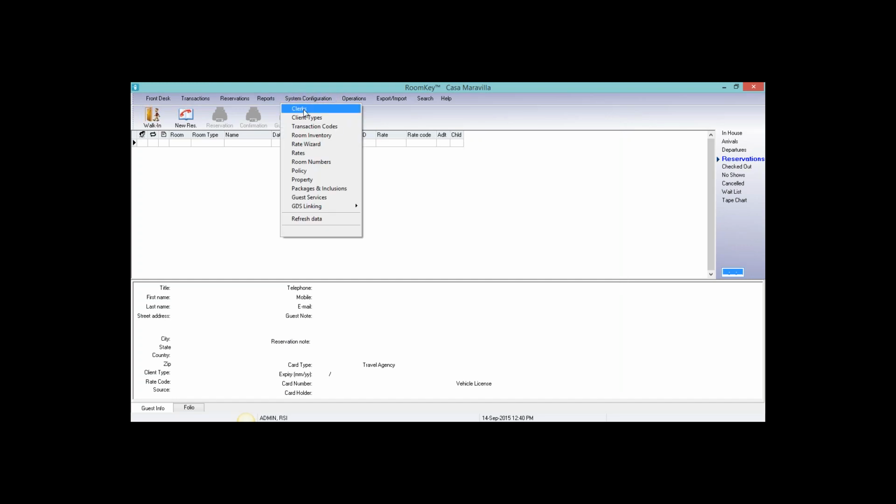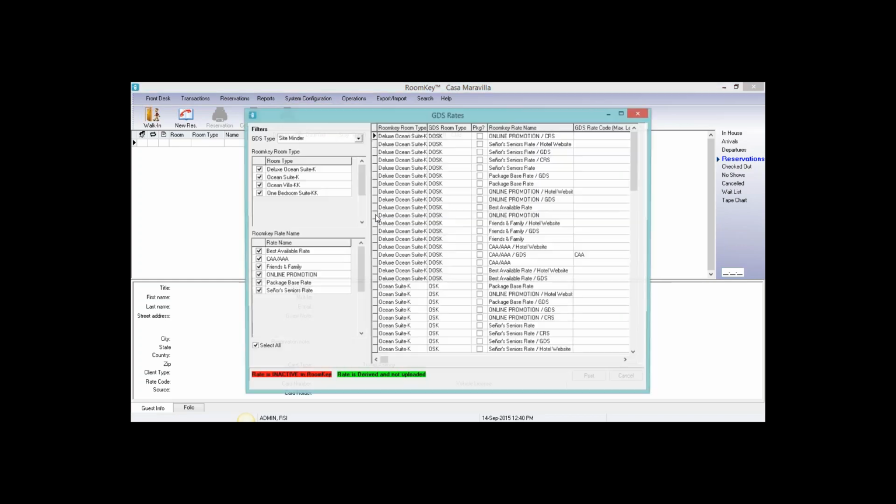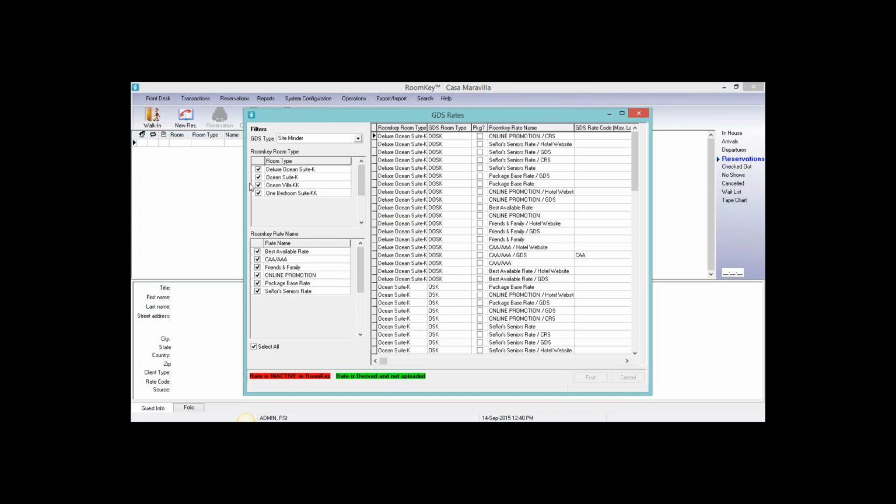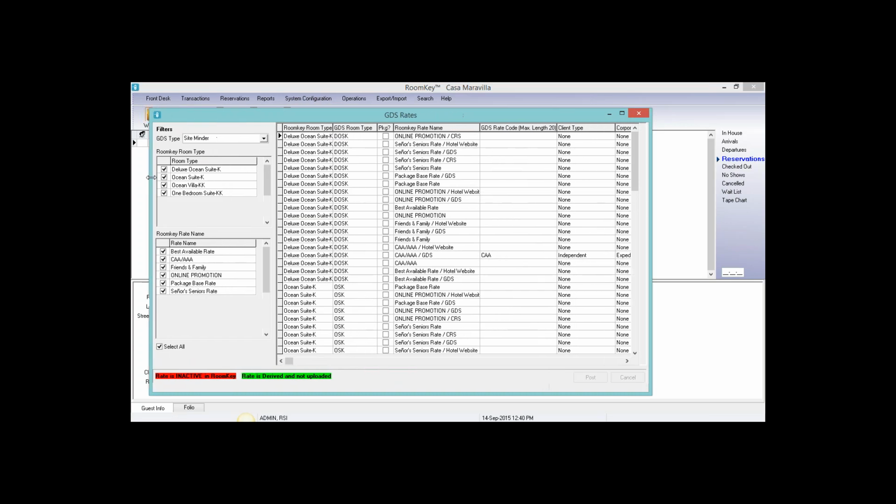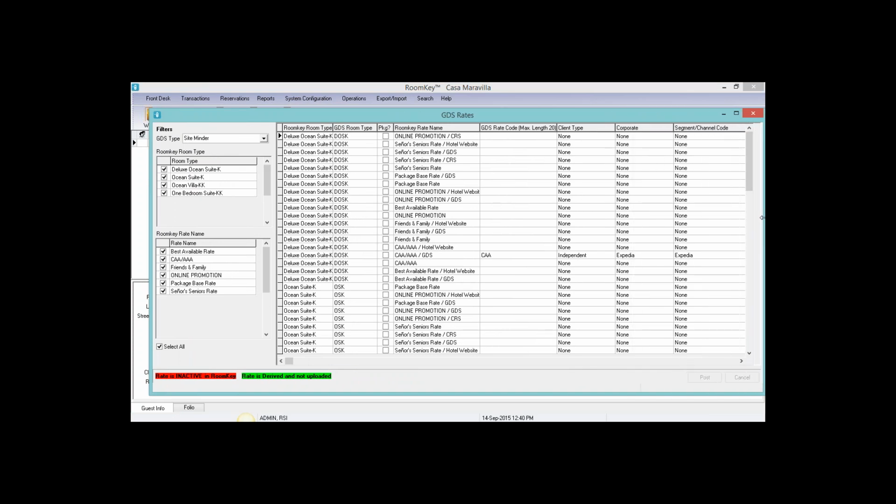So we go to System Configuration and go down to GDS Linking. We want to select Rate Plans. And this is going to bring up our GDS Rate Linking Table. I'm just going to expand this window so you can see a bit more of the information here. Then we have the option of selecting the GDS type. In this case, we only have the one set up for this property, SiteMinder. But if we did have more than one, it would give us several different options here, and we could switch